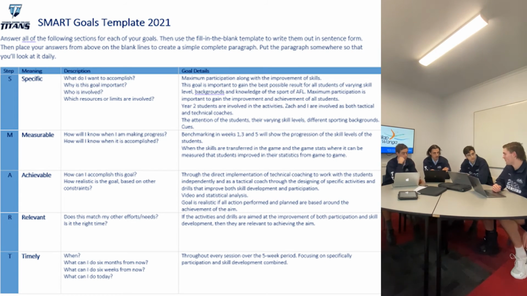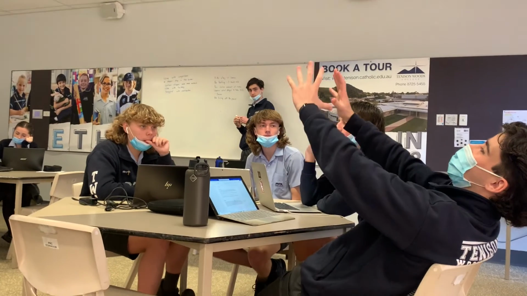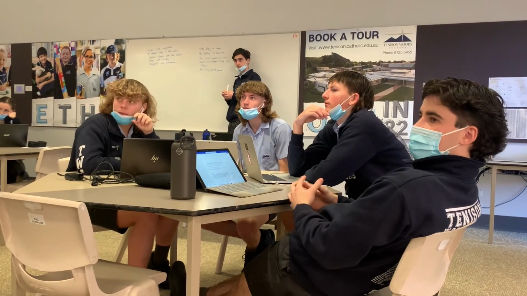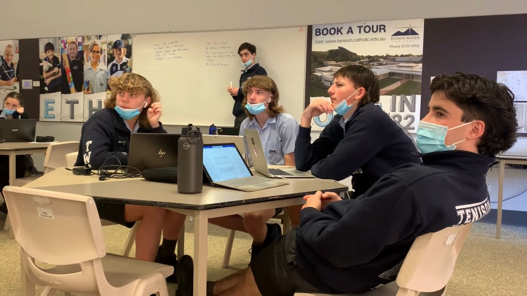Through initial planning, a SMART goal was drawn up between Zach and myself, and we discussed priorities as being an increase in participation in game-based environments through implementation of strategies derived from data collection and fundamental skill development through training drills structured around benchmarking data. Through group dynamics, the creation of specific student groups considered the factors of diversity, the abilities